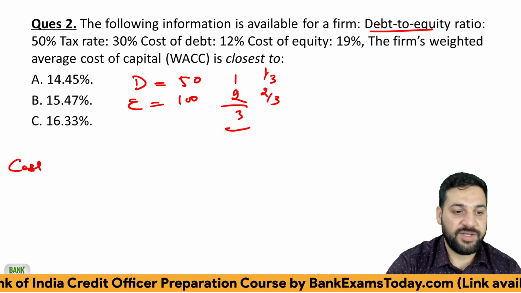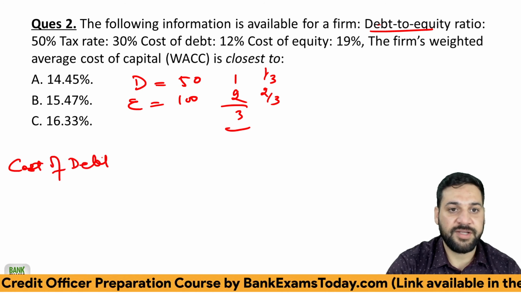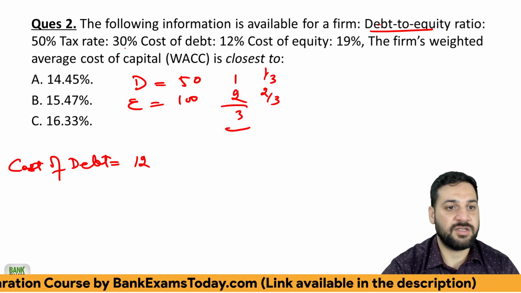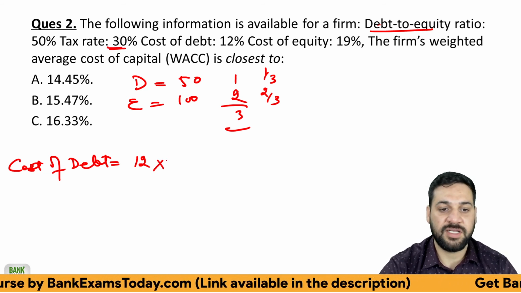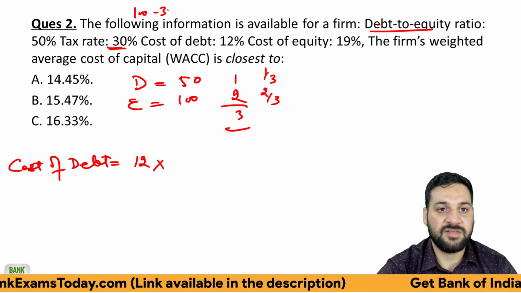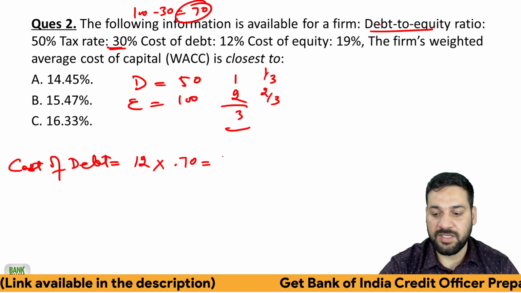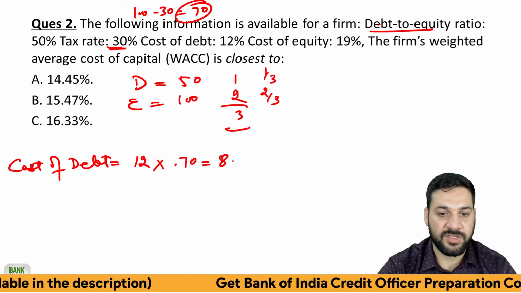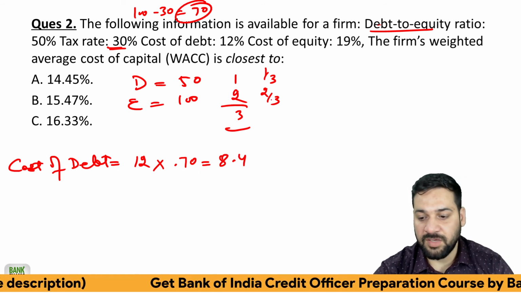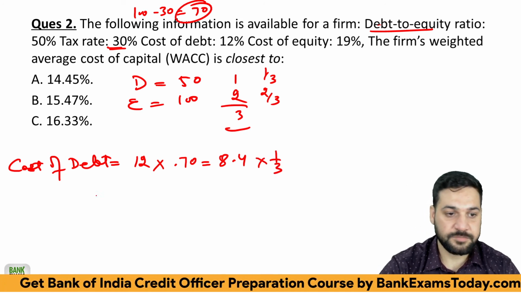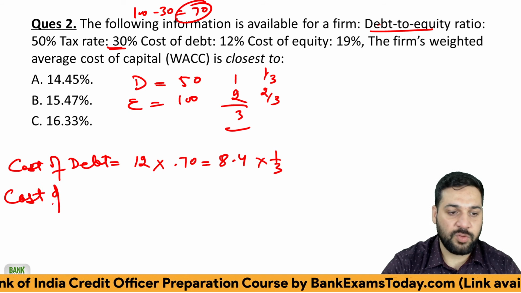Now the case is very easy. अभी यहाँ पे cost of debt है हमारा, the cost of debt, how much it is, 12%, लेकिन टैक्स रेट इज 30%, मतलब नेट निकालने के लिए 100% माइनस 30%, सो 70 आपका नेट हो जाएगा, ठीक है। सो 0.7 से कर लीजिए, सो यू विल गेट इट 8.4%, एंड द वेट गिवन इज 1/3, तो 1/3 हो गया ये।